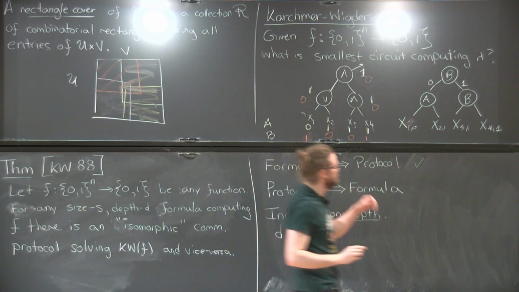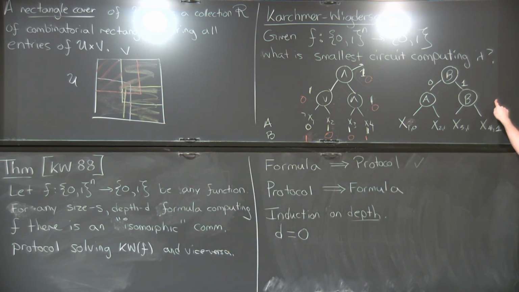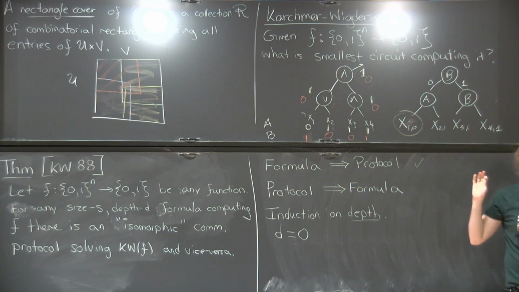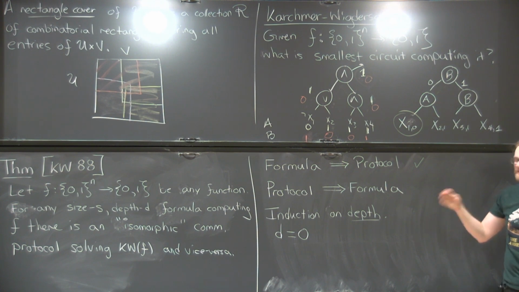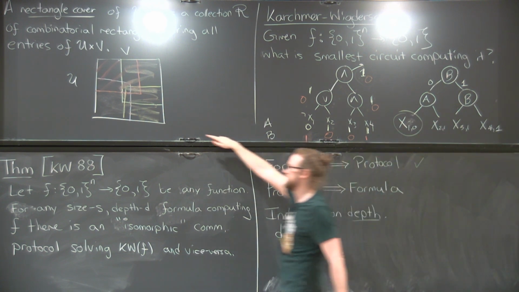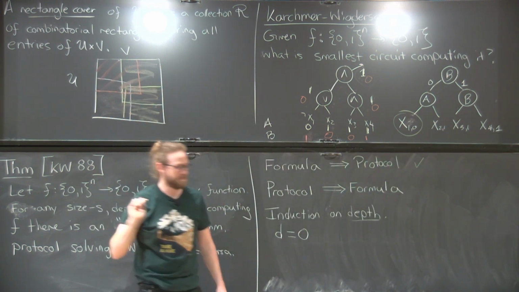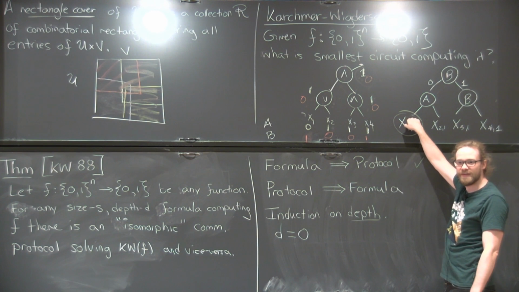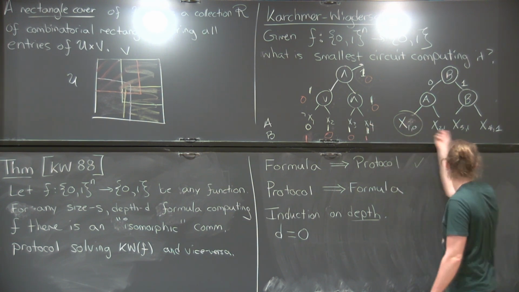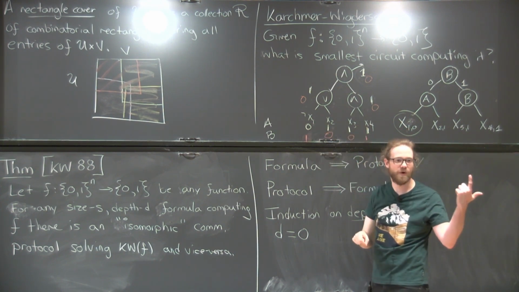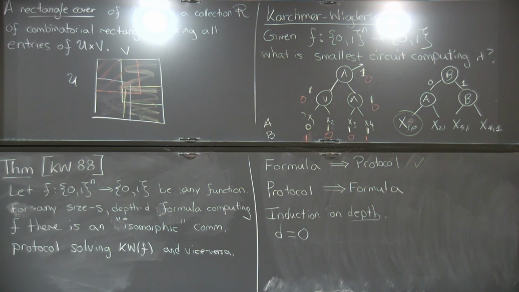Well, first of all, let's consider the case where the depth of the communication protocol is 0. Where it's nothing. In that case, the protocol is just, Alice and Bob don't even look at their inputs. They just output an answer, right? Because this is the weird case where the entire matrix is just contained in one rectangle from the cover. So d equals 0, they just output the name of the rectangle. And just by our connection from before, we can just replace that rectangle with whatever the corresponding variable is. The function is just a variable or its negation.